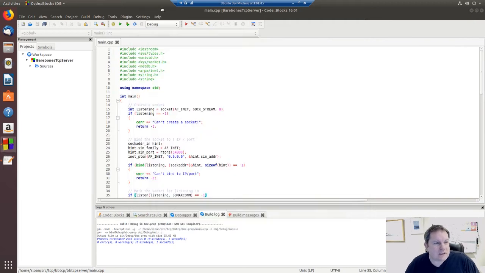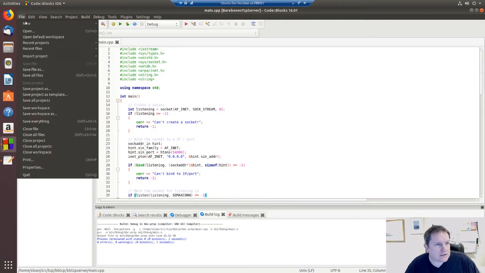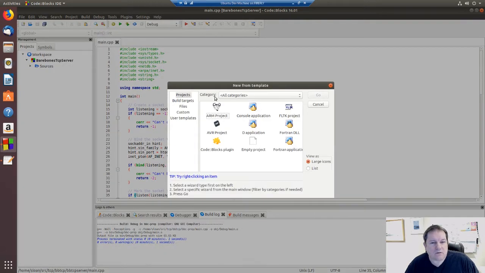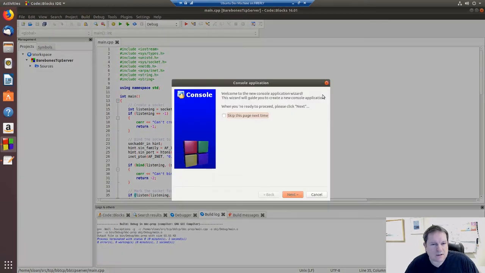So I'm going to go ahead and create a new project. So I'm going to do create new project, and again we're using Code::Blocks for this. And I'm going to choose Go and Next, and I want to create this inside, come on,